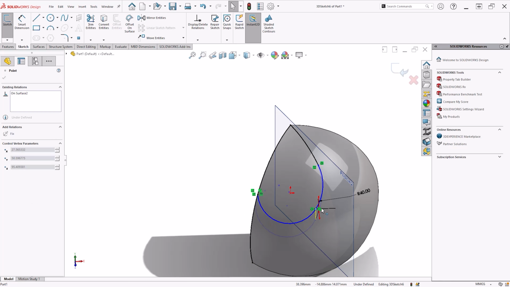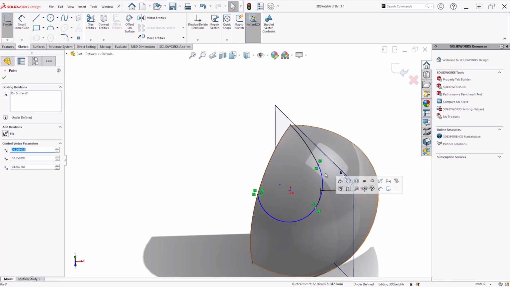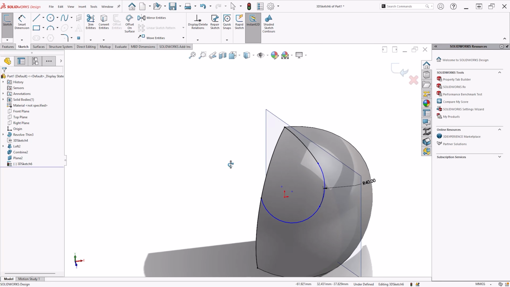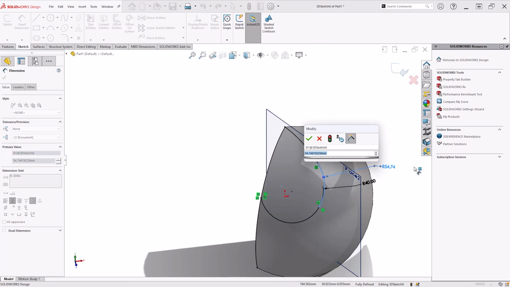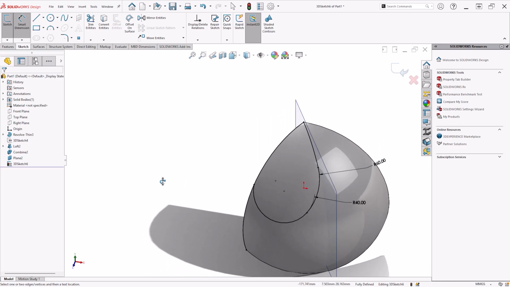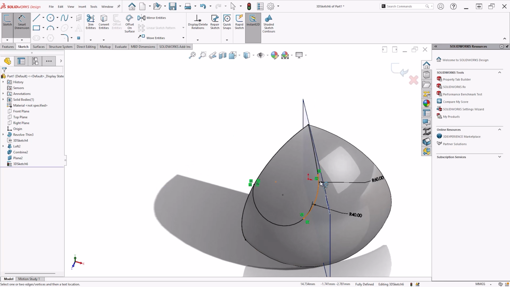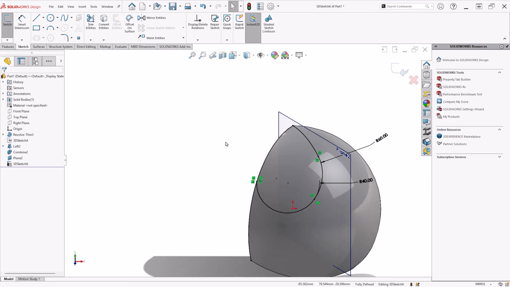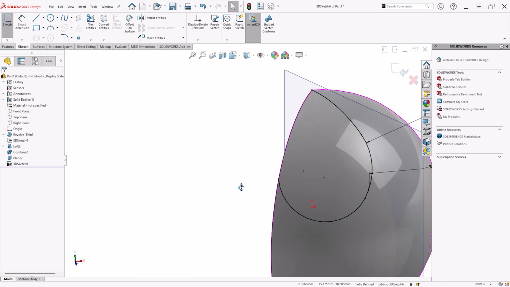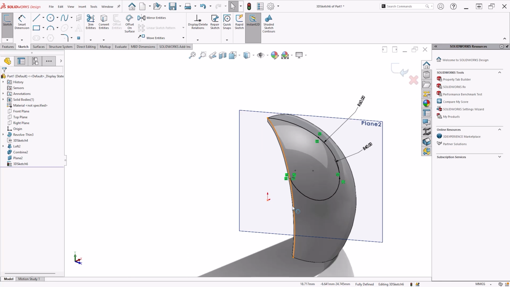Let's see, can we rotate that back a bit? Maybe let's see what angle that is giving us, or what radius. Let's go 60. Okay, something like that. Basically it needed to start off straight, come round and go into there. This is just an eyeballing it situation. I haven't got precise measurements, so I'm just winging it.